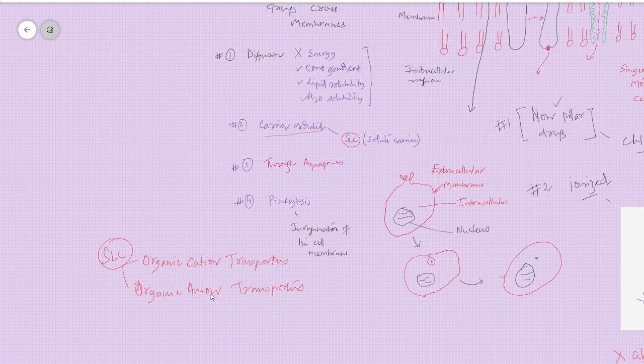Organic cation transporters transport drugs like dopamine,